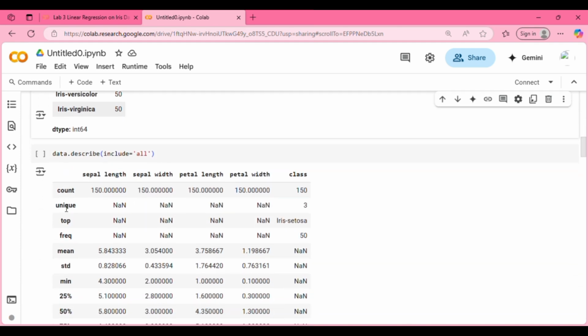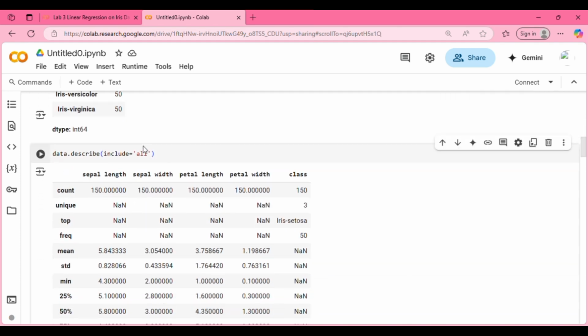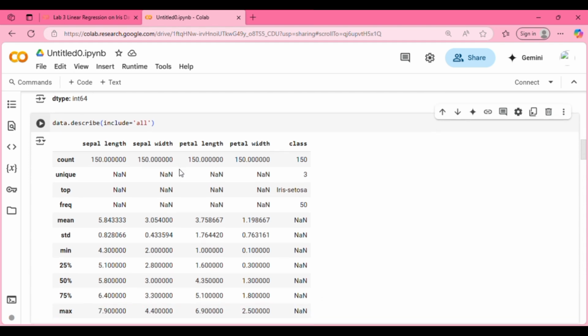And for the next code, it is the describe function, providing a summary of the statistics for the specific numeric columns, and it can be used to include summary statistics in both numeric and non-numeric columns. The count is 150, the total number for each numeric column, with the standard deviation, the min as the smallest value from the column, and the max as the largest value from the column.